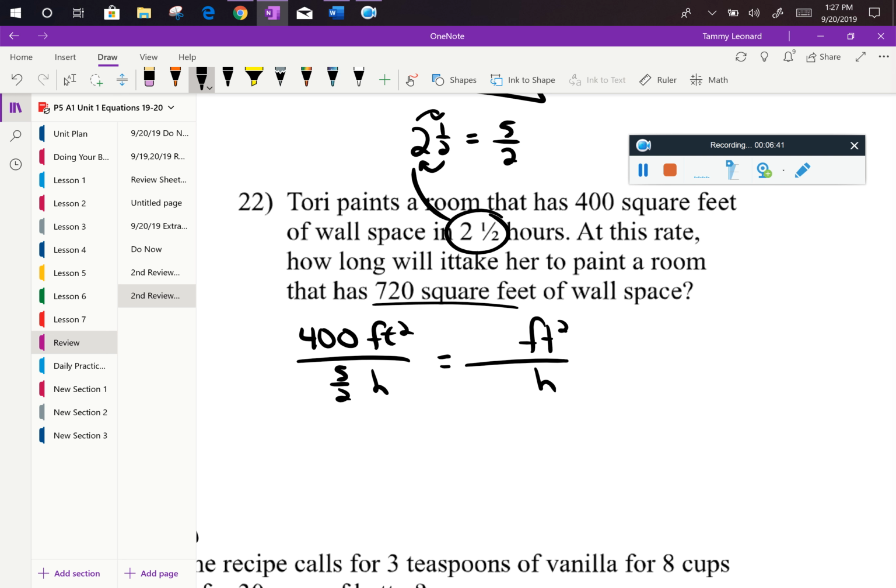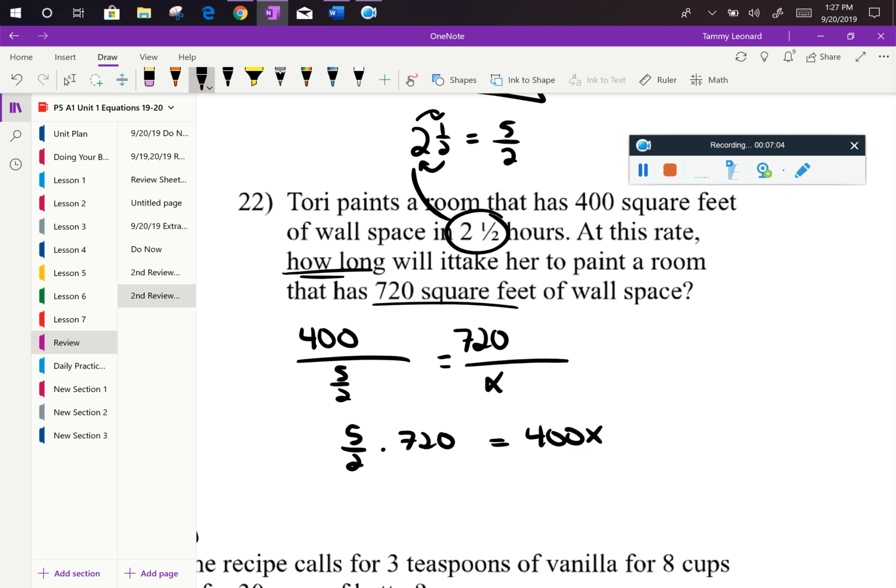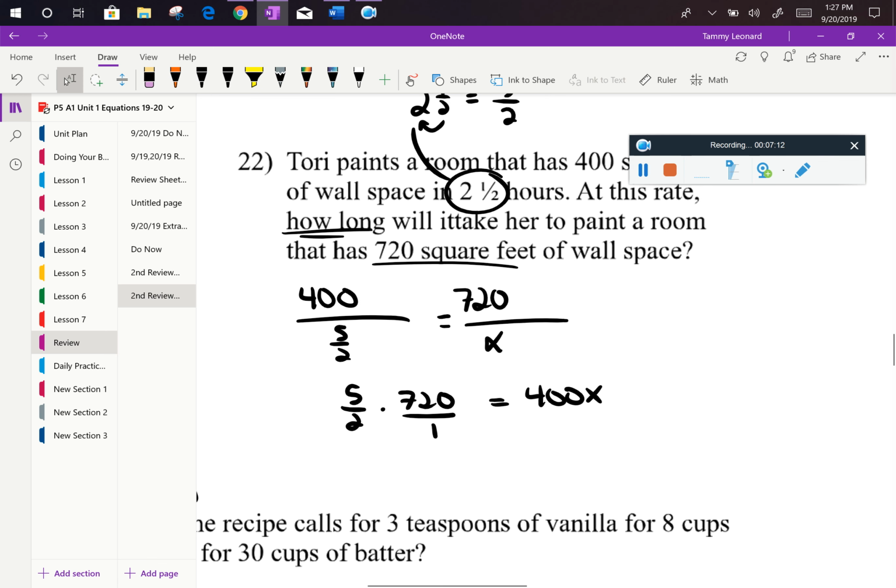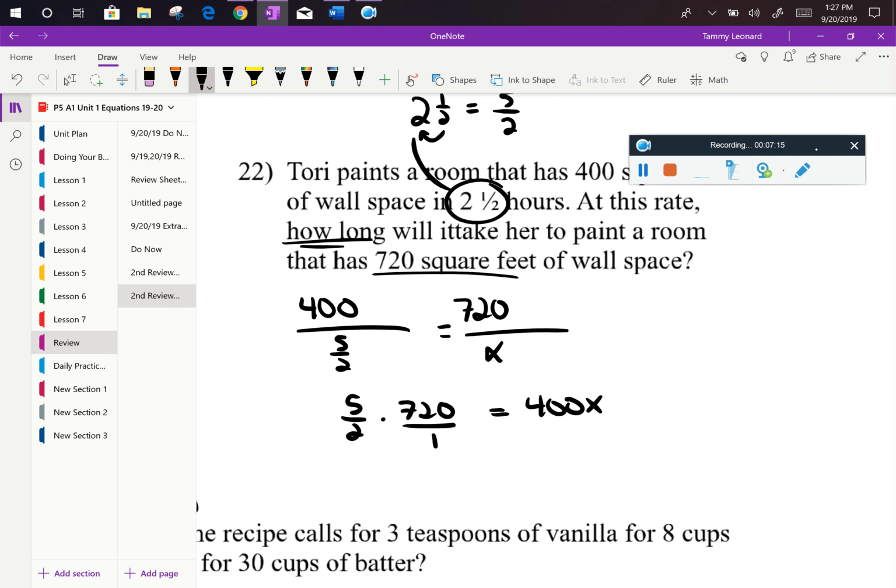Notice the information they give us is 720 square feet, and we're asked how long, so this is what we don't know. Once I've used the units to set up the proportion, I can take them out so that they're not distracting me while I'm solving the problem. I'm going to write this next step out in a little more detail. We have 5 halves times 720 equals 400x. Remember, when you have a fraction times a whole number, it's often helpful to imagine that whole number being over 1. Now I can see that I can reduce 720 by 2 to get